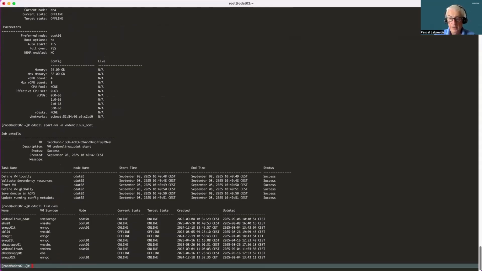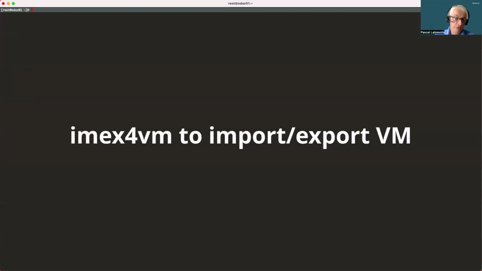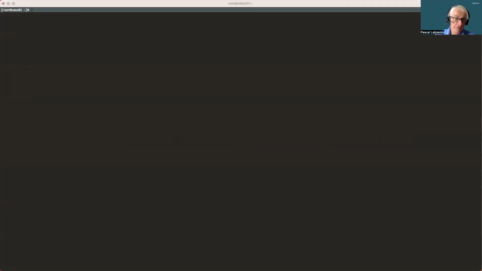Now I'm going, most importantly, to show you the IMX for VM utility to export and import a VM from a third-party provider, for example. This gives you just an overview, because this tool is very powerful with many parameters and options from and to the ODA.